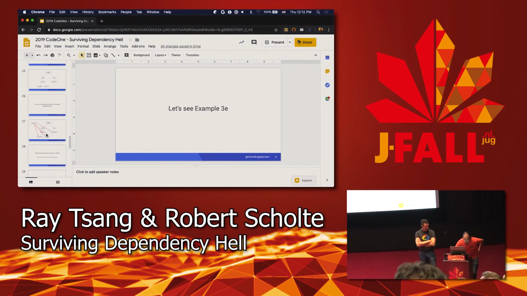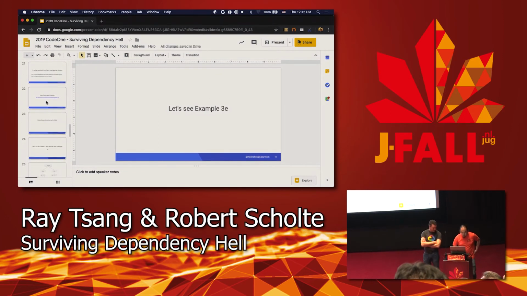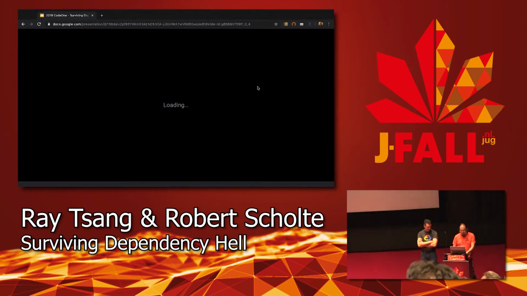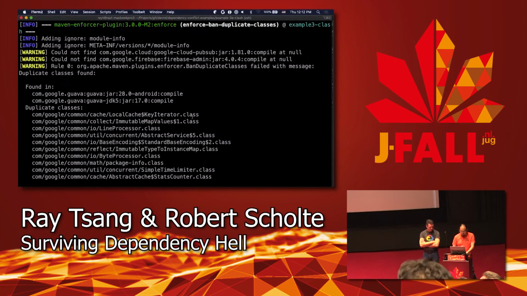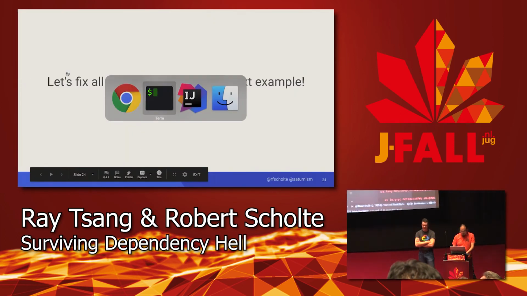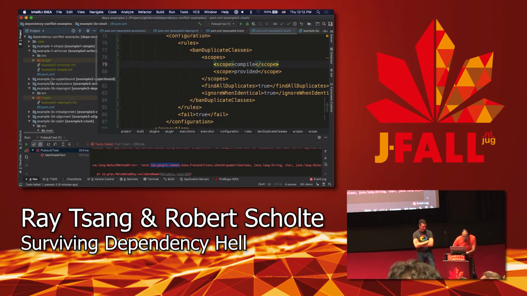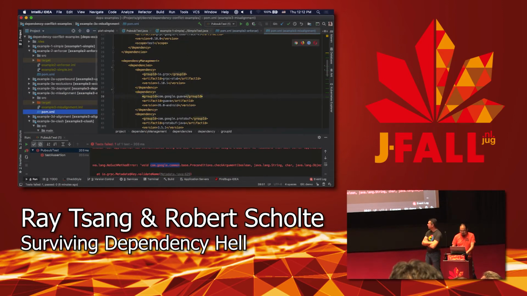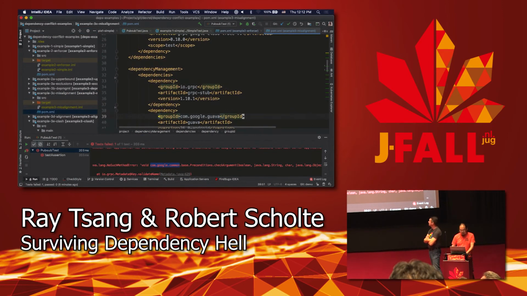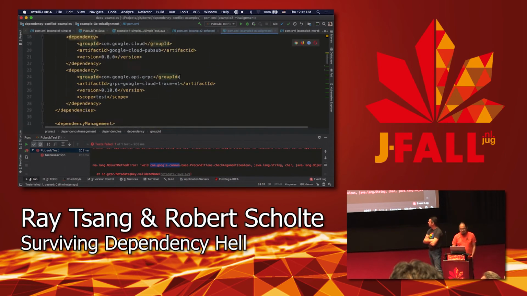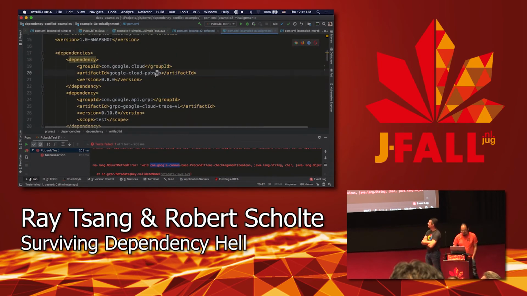So let's see here. Another really hard thing to look at is this other example, 3a. Let me go back to 3a. This is another really hard to find example, which is called... it's not 3a. Sorry, it's actually called 3c. It's called misalignment. Okay, so here we have yet again another very simple test with another Pub/Sub client library